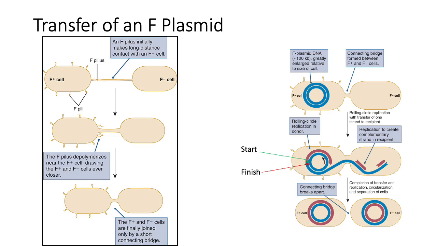That's what we're seeing on the left side here. On the right side, we're not showing the bacterial chromosome at all. We're just showing the F plasmid. That is going to undergo rolling circle replication. Now, if you remember rolling circle replication, I mentioned that briefly as one of the possible methods of replication during